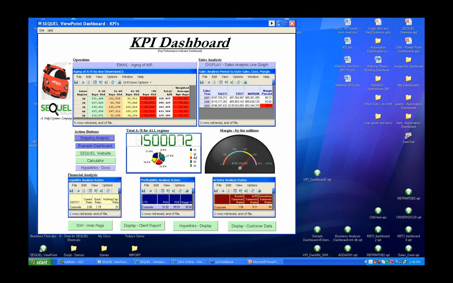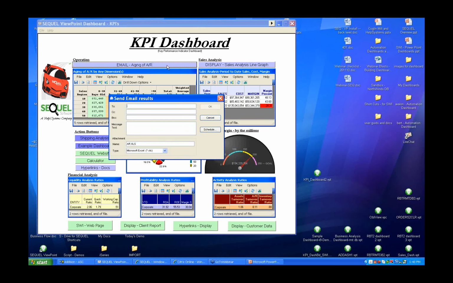All right, we also have some graphs that correspond to the data. And by the way, the data does not have to be displayed to have a graph on the dashboard. You can actually hide the data. Another action button example up here on top is actually an email, where it prompts the user to enter